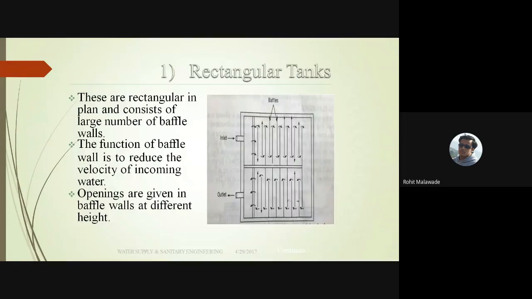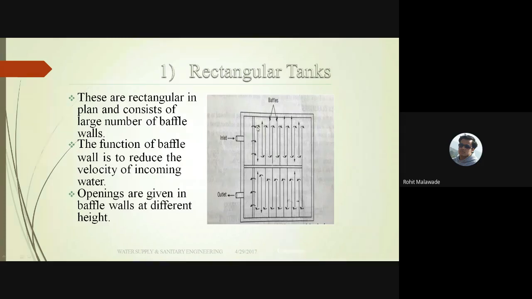Now we will see the advantages of having the rectangular sedimentation tank. In the rectangular type of sedimentation tank, we are also going to provide baffle walls in between. This is your inlet, we are allowing the water into this inlet, and the baffle walls are provided in this tank. So when the water comes inside the tank, here there is a wall, and again here there is a wall. We will have some compartments.